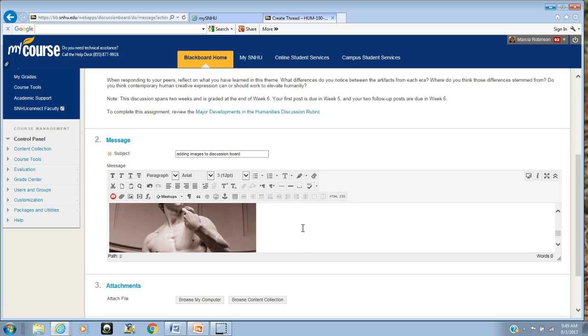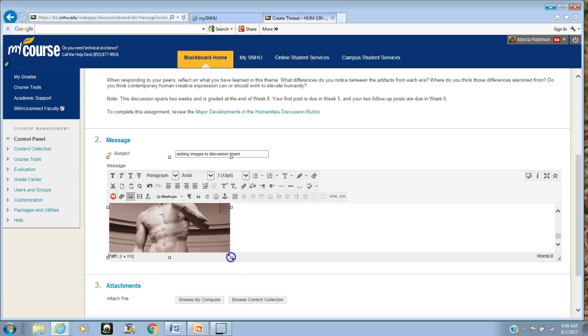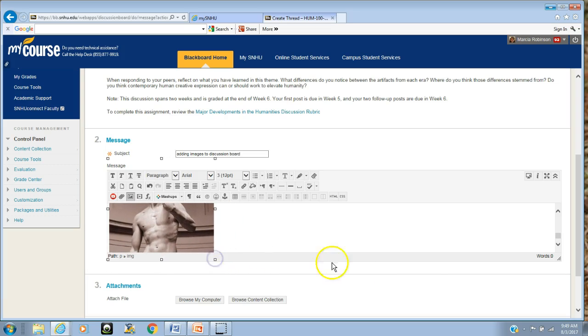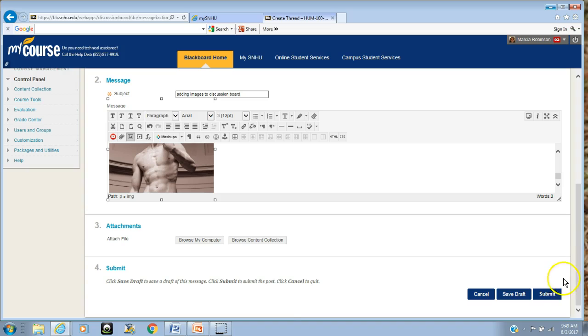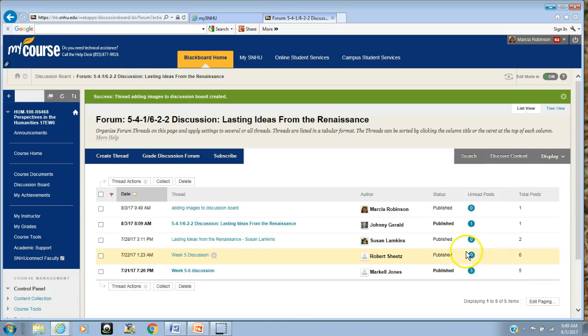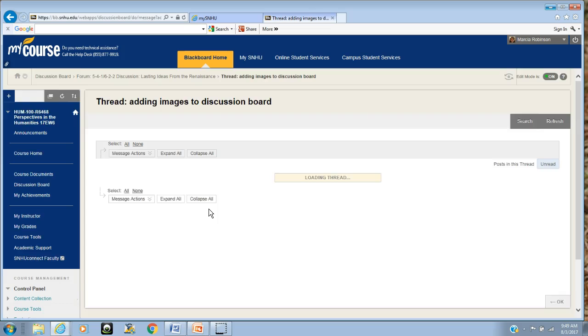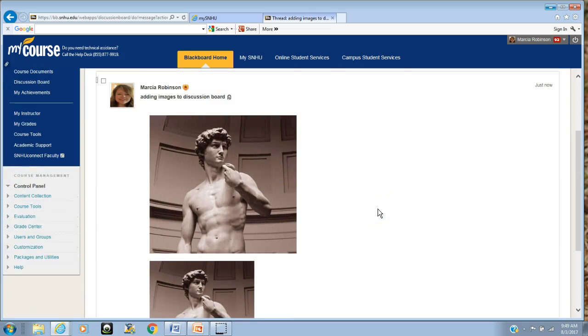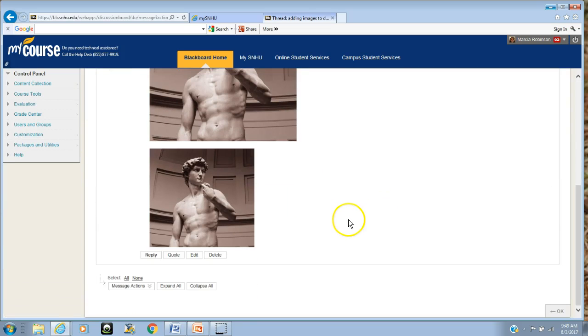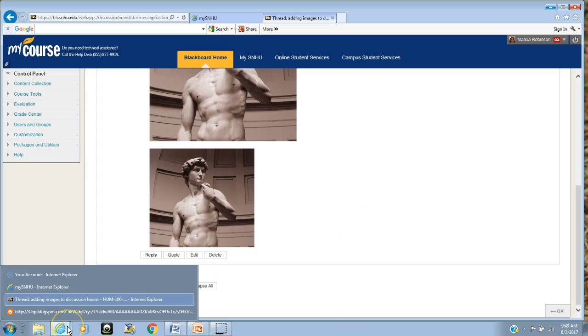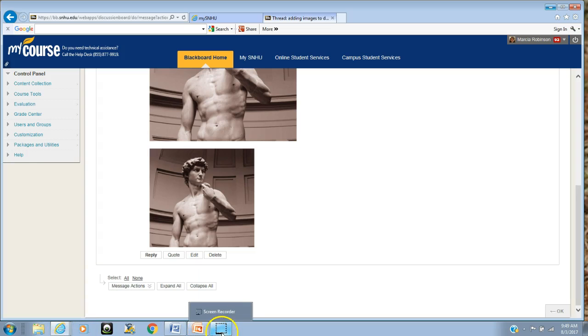Now if I copy and paste the image and it's too large, I can click the image, and then I can manipulate it from the bottom right hand corner and size my image if it's too large. And then when I'm finished, I'm going to push the submit button, and then it's going to be in the field of my post. And then you can see my images right here in my post. So I hope that helps, and I hope that you will use one of these methods for discovering the ways that you can add the image to